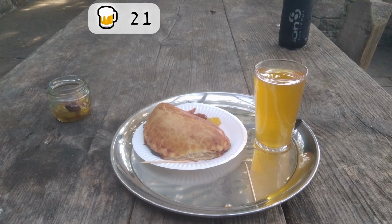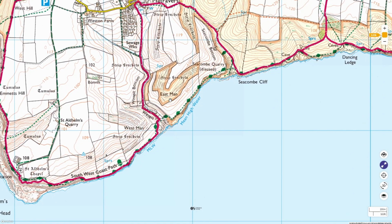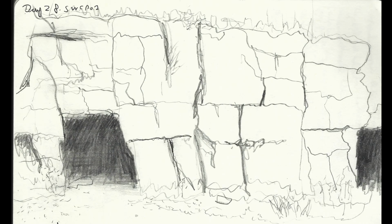It's a really nice pub, lots of good cider. Fueled up, I headed back down to the coast path around Winspit Quarry, which has these cool caves from the old mines there. While I was doing a bit of sketching, I got chatting to a guy who was also